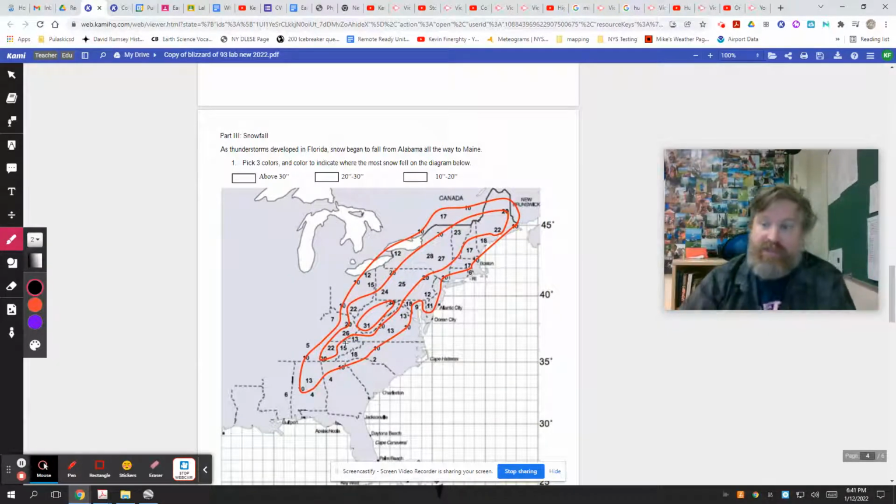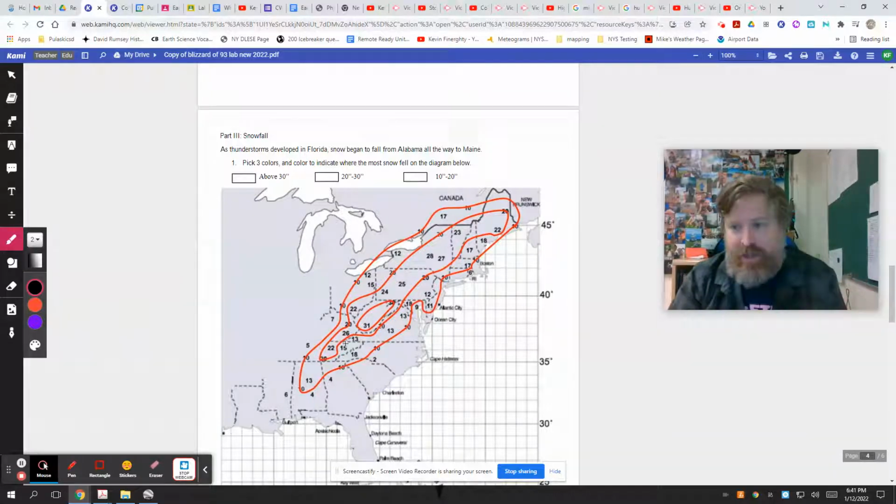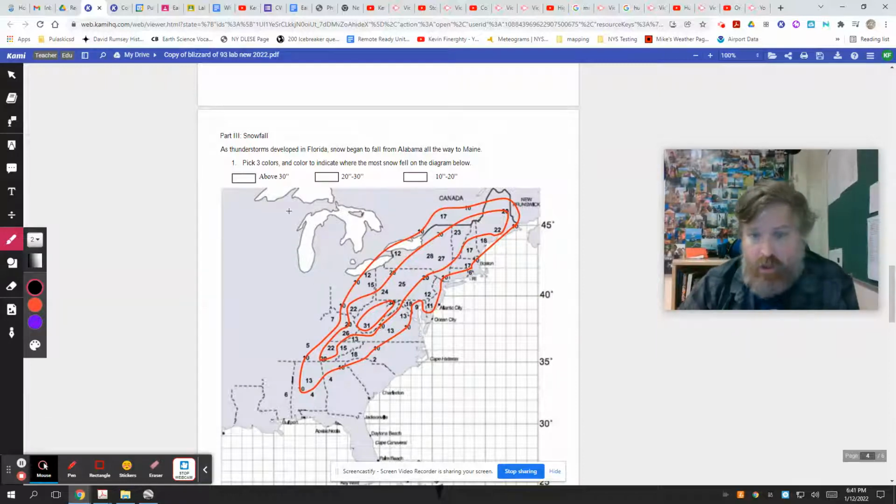Normally I have students draw these ISO lines. We haven't drawn ISO lines yet. We're going to do that the last week of the marking period. So I drew them for you. There you go. They're on there. All you're going to do, I got it super easy. Pick 3 colors and color in,